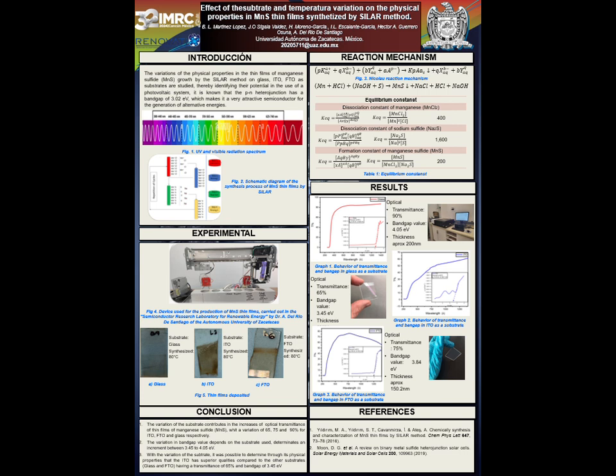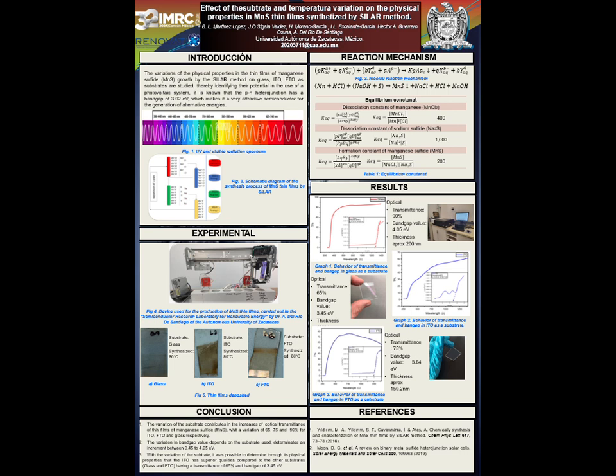The growth of thin films from metal sulfides has been an essential issue in recent years, as an alternative way to produce energy is constantly being sought. It seeks to study the variation of the physical properties of manganese sulfide thin films synthesized on three different substrates, such as glass, ITO and FTO, from a chemical deposit method called SILAR, where this experiment will be carried out at a temperature of 80 degrees Celsius, and thus identify the substrate with favorable qualities for a photovoltaic